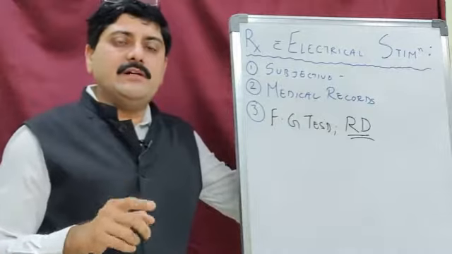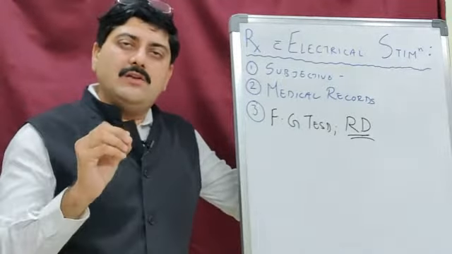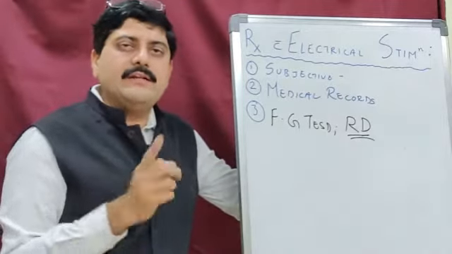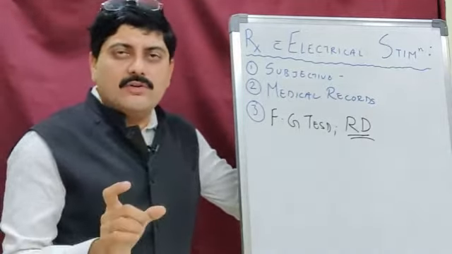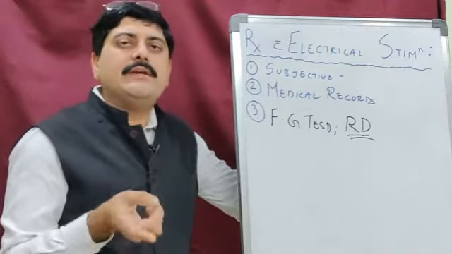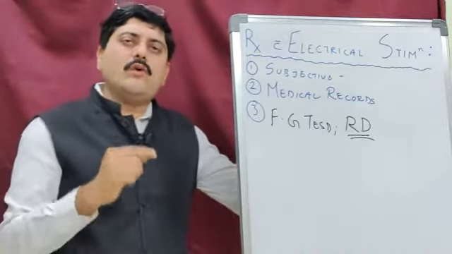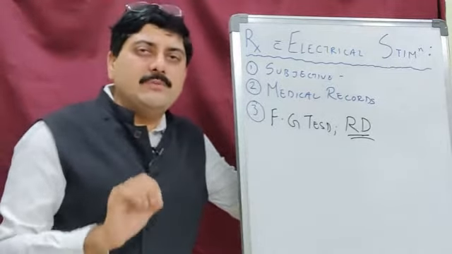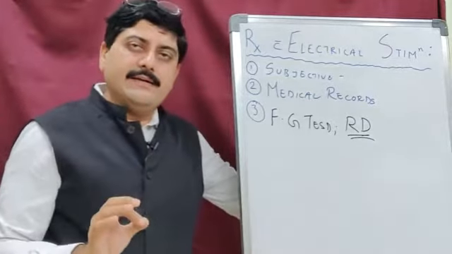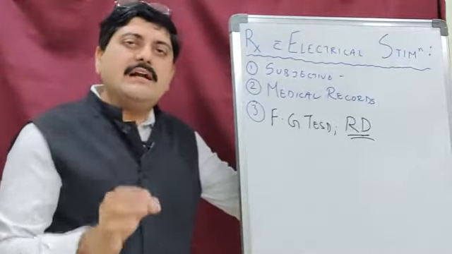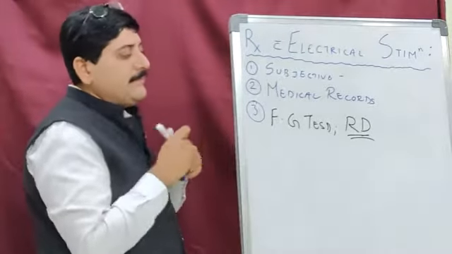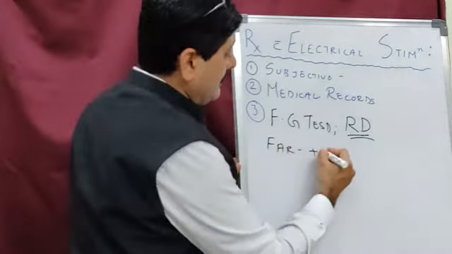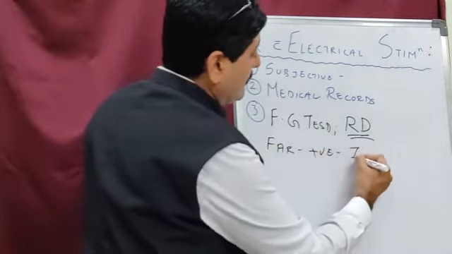Already in basics we have learned that Faraday is a low duration current, right? So it will be helpful in stimulating the nerves, and Galvanic is a long duration current, so it will be helpful in stimulating muscles. So you will go for identification of the motor point in the patient. Then we are going to stimulate it with the use of Faraday current, right? If the muscle responds with Faraday current, that means the muscle is